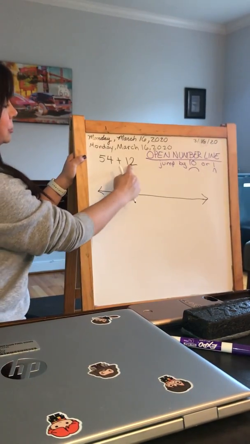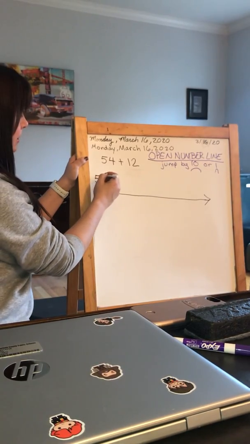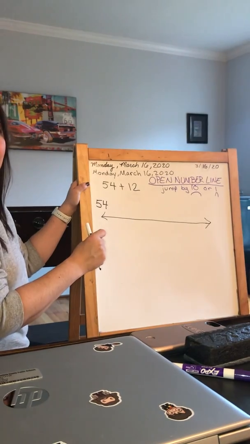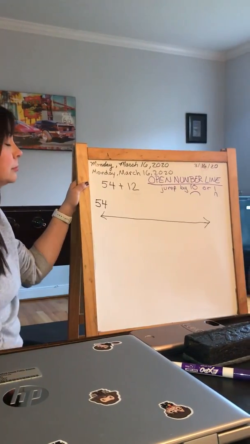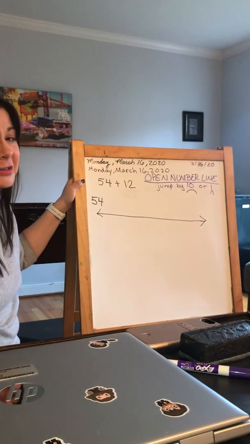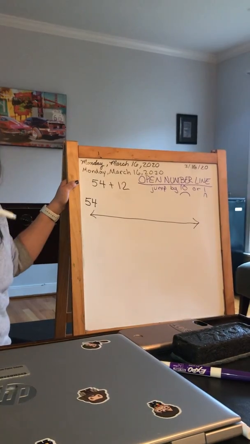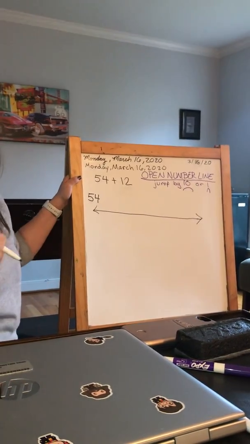So I'm going to look at 52 plus 12. I want 52 to be where I start on my number line, because that's my big number. That way I don't have to jump as much. Sorry, 54. I do that in class too, don't I, guys? It's okay. Thank you. Joshua, I know you would have gotten me and corrected me already, wouldn't you, buddy? Thank you. But my husband did it for you.